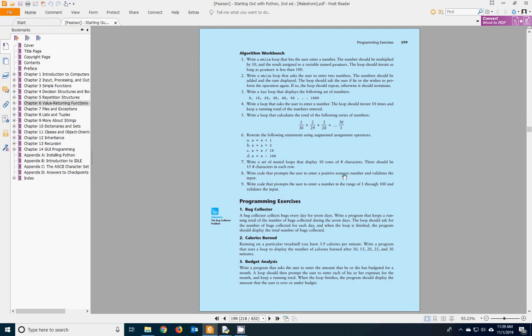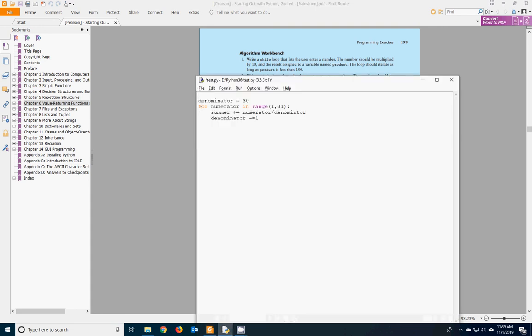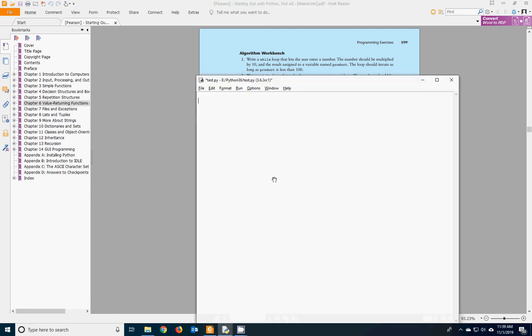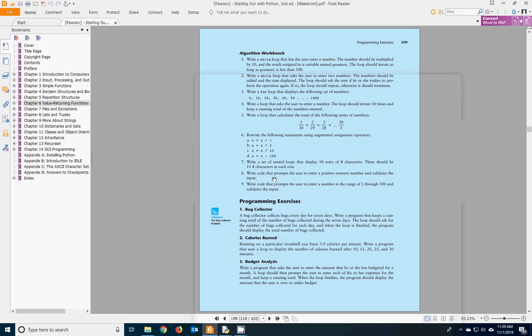Prompts the user to enter positive non-zero and validates the input. Okay, positive non-zero. So it's got to be greater than 0. So the standard way is first thing you do, enter a number. Always have to prime the loop where you say num equals int input, enter a number, and then we go while the number is, now when we're validating,